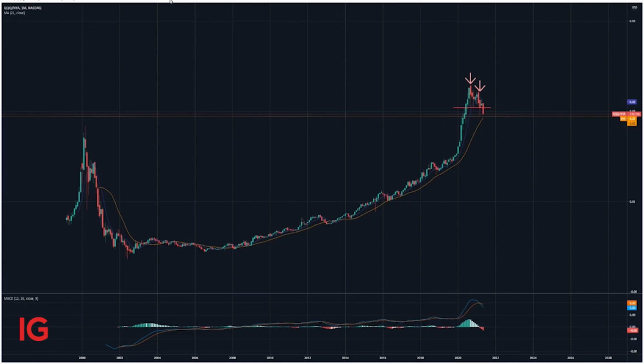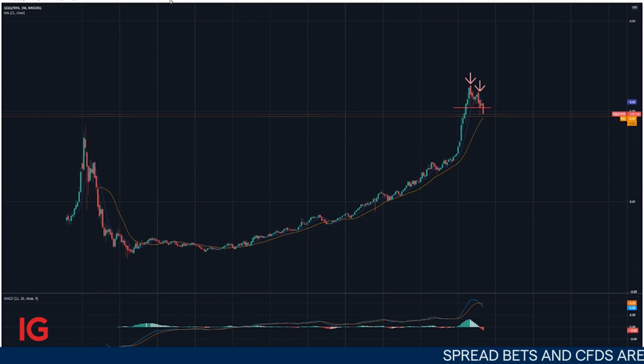Hey Victoria, I think to some extent it's related to the move in yields, but it's probably not the whole story. One simple way of looking at the dynamic in an asset class is by looking at it in relative terms. And so, what I did is I brought along a couple of charts, and you can see one chart here is the Nasdaq 100, and I divided it by the New York Stock Exchange Composite.